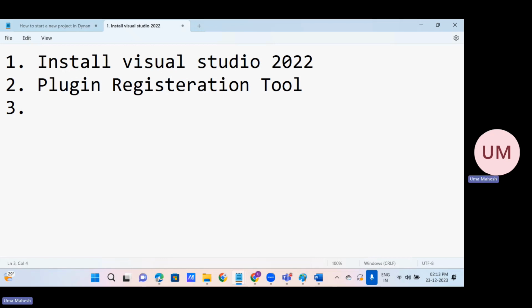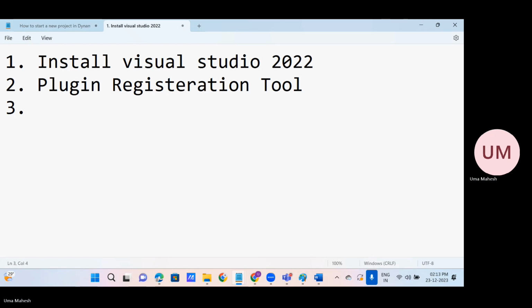Okay. And let's see how we can write a small plugin code. While writing the code, I will explain each and everything. Okay. So as I told, a plugin is a .NET class library. Before going to that plugin topic, I just want to give a little bit of background about